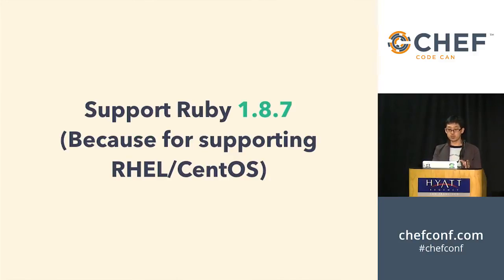For ease of use, Serverspec supports Ruby 1.8.7, because the Red Hat-based Linux default Ruby version is 1.8.7. And if Serverspec supported only Ruby 1.9 or higher and you needed to install a Ruby package which is not distributed by the OS vendor, there may be people giving up using Serverspec. I'd like to avoid that, so Serverspec supports Ruby 1.8.7.